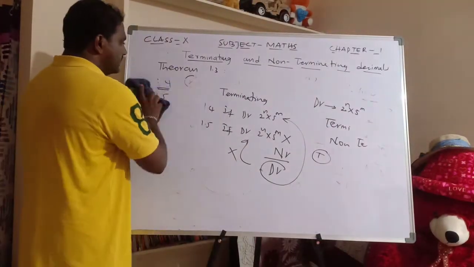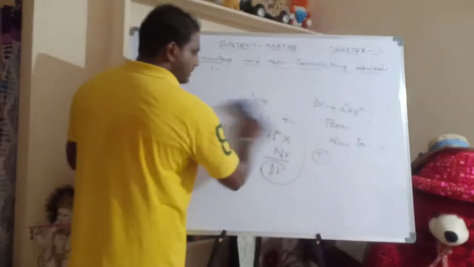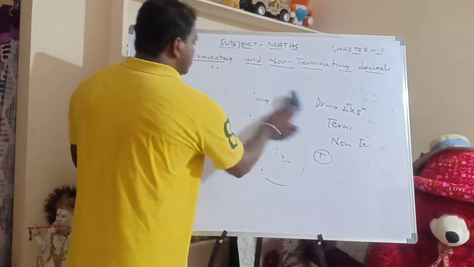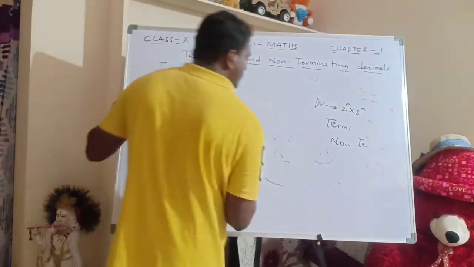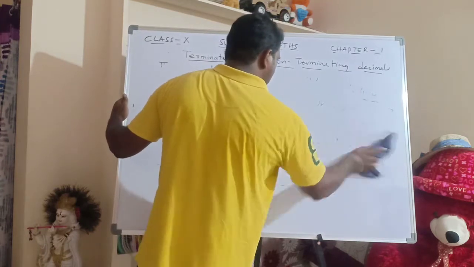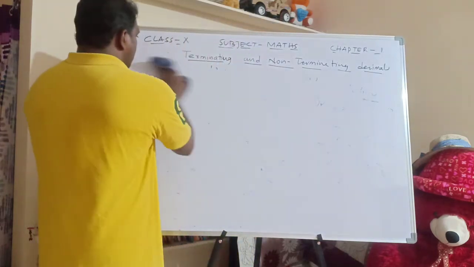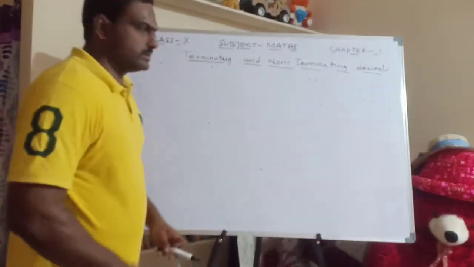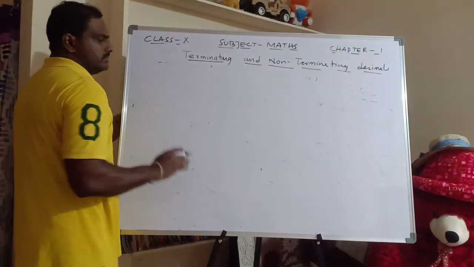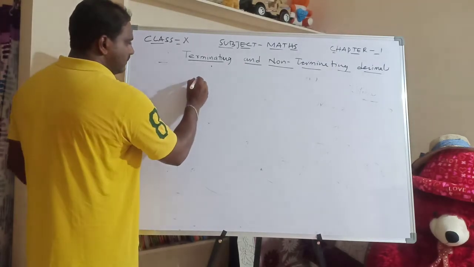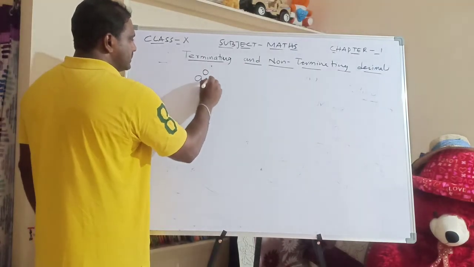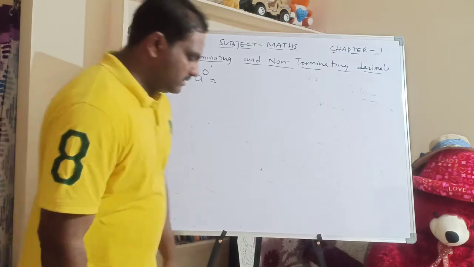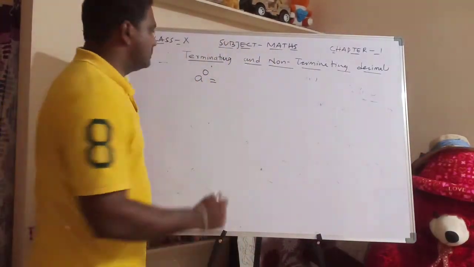So we will try to understand this with 5 examples. Not one, not two, let's see 5 examples. First I'll give my own examples, then we can go for the textbooks, right? So before going to this, we have to recall one formula. What is the value of a power 0? It is 1.